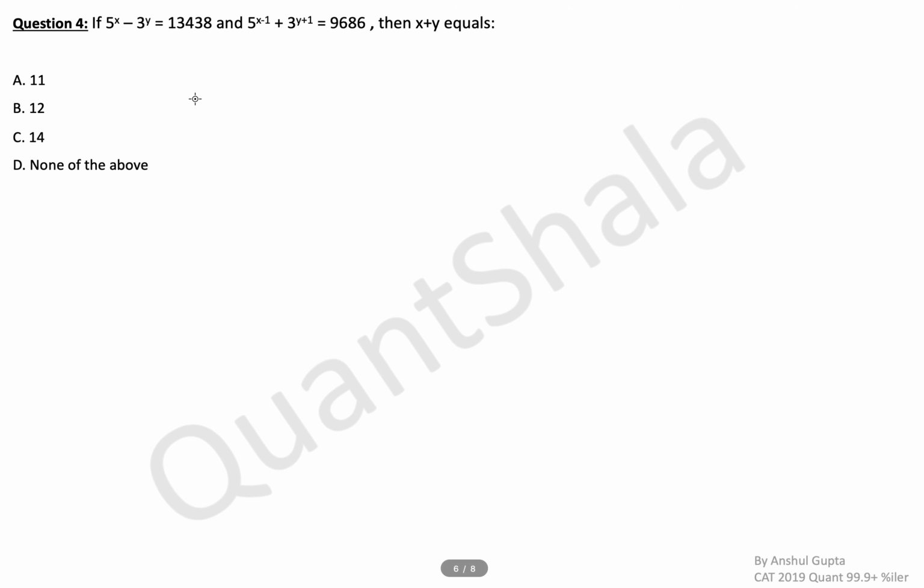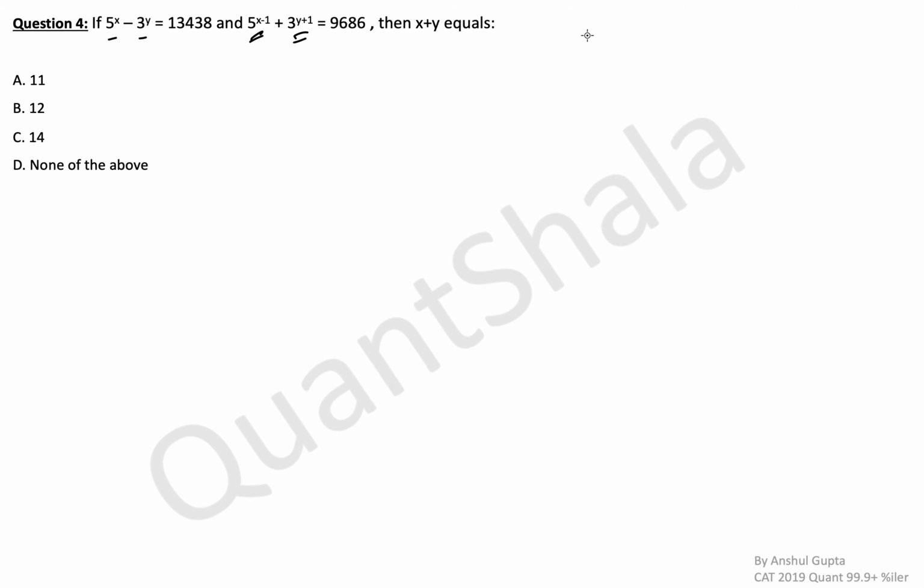Next question. This is a very easy question of only equations. There are not a lot of things to do with log, but mostly with exponents. Simply we can see here 5 raised to power x, 3 raised to power y, and an equation with them. This is a manipulation of 5 raised to power x. This is 5 raised to power x divided by 5. This is 3 raised to power y divided by 3.